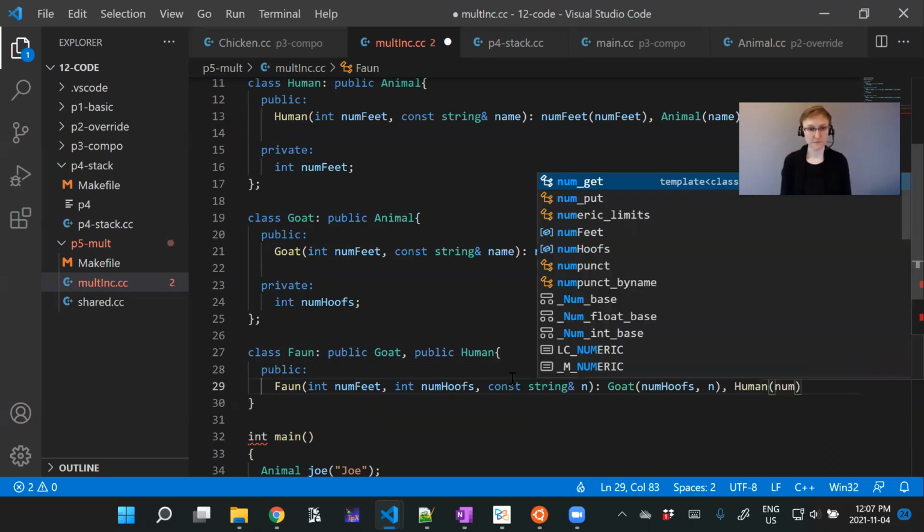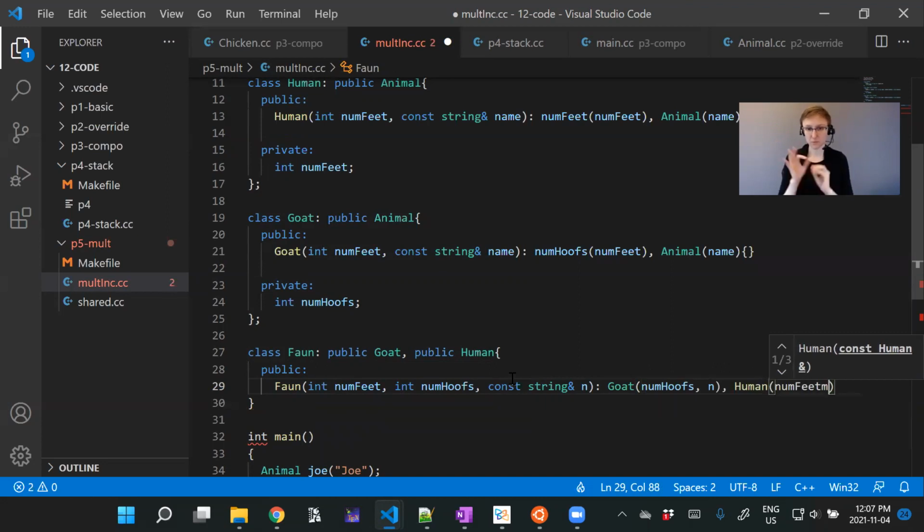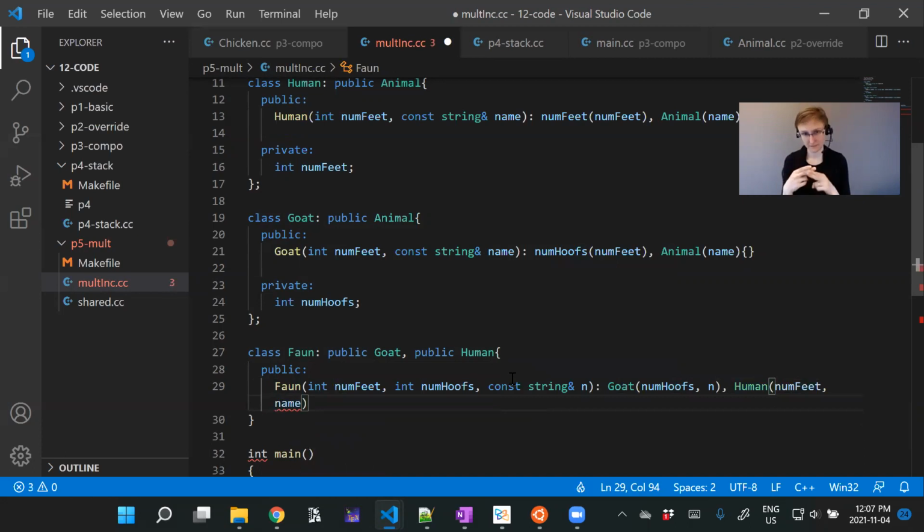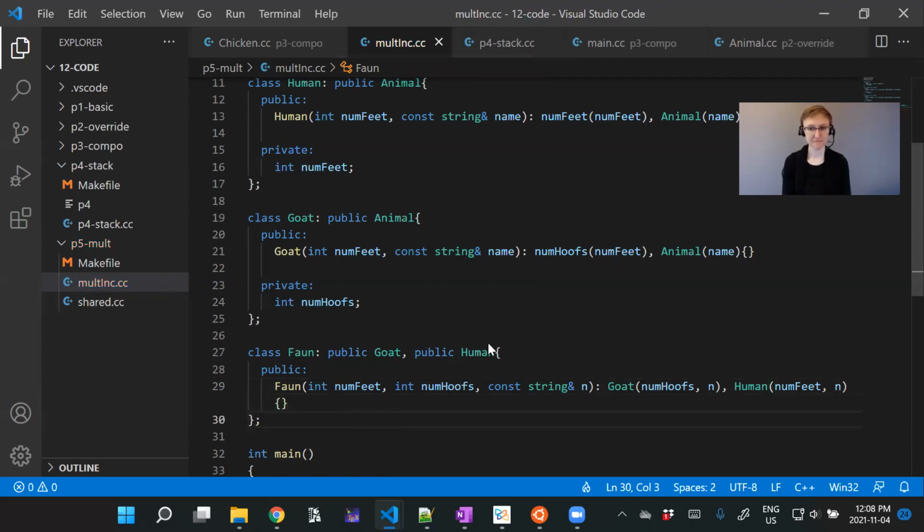So we'll supply num feet there. And the human also takes a name. Okay. And what's it complaining about now? Oh, n. Perfect. Okay, so now we have